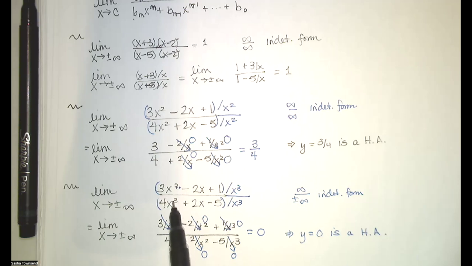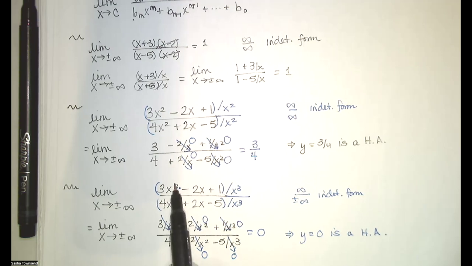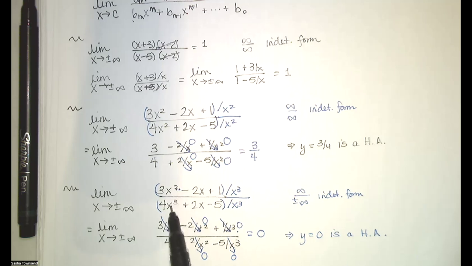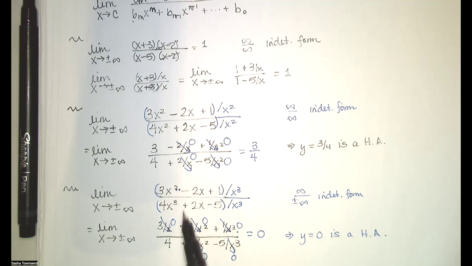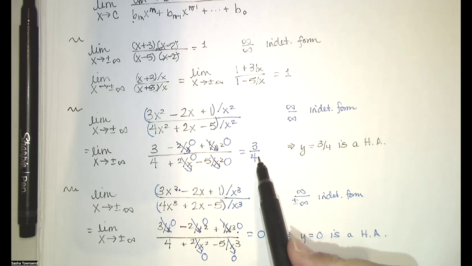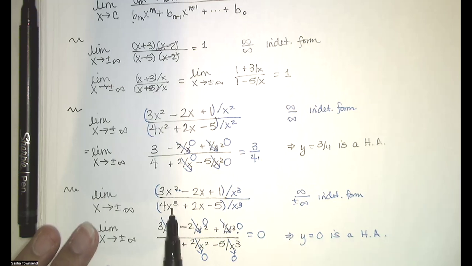The question is, if they're both going to infinity, which one gets to infinity faster? Does the denominator go to infinity faster, so you have a finite number divided by something very large, where you get the answer of 0? Does the numerator go to infinity faster, where we have a very large number divided by a finite number and we get infinity? Or do they approach infinity at approximately the same rate and get some finite number between 0 and infinity, like this case? Well, if the degree of the denominator is larger than the degree of the numerator,